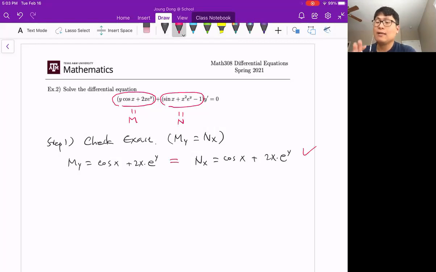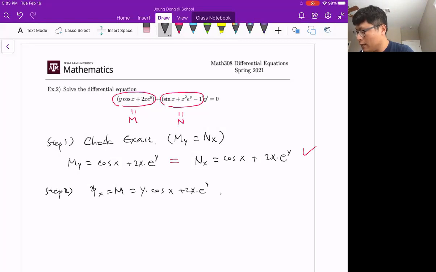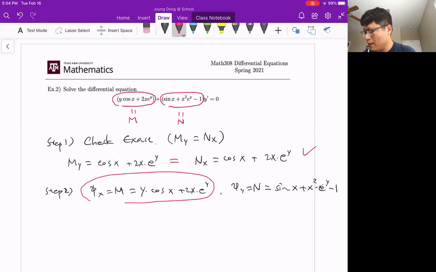Then we have to try to find the psi function, right? Here we go. As you talked about it, psi x is M, which is equal to y cosine x plus 2x e to the y, and psi y is N, which is sine x plus x squared e to the y minus 1, right? And again, you can start from M or N, it doesn't matter, okay? But since in the previous problem we started from N, for this case let me try to start from M, okay? So since your M is psi x, we're going to take the integral with respect to x,